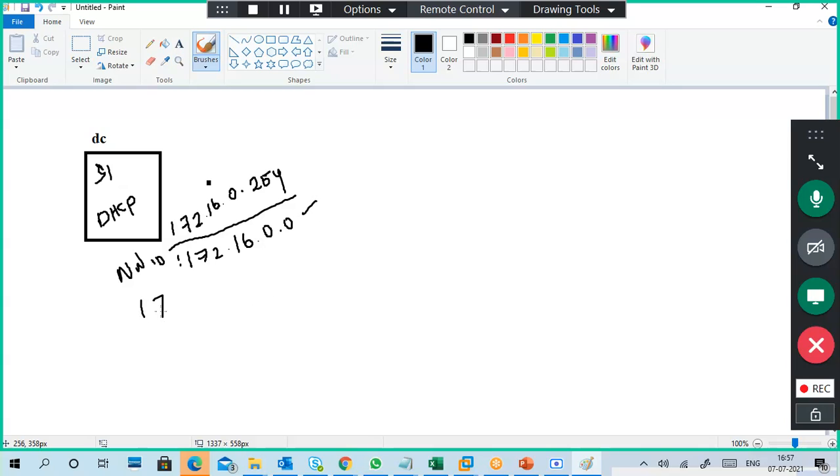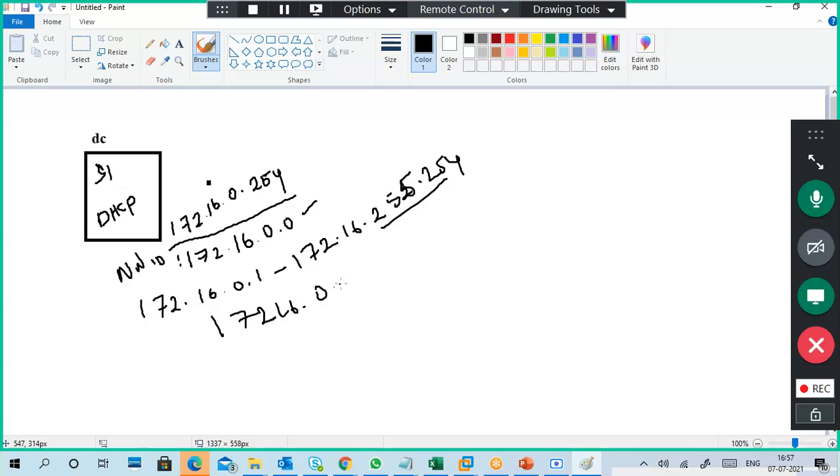My total network range is from the starting valid IP address to the ending IP address, the complete end, 255.255. Okay, 255, 254, right? This is the valid broadcast.